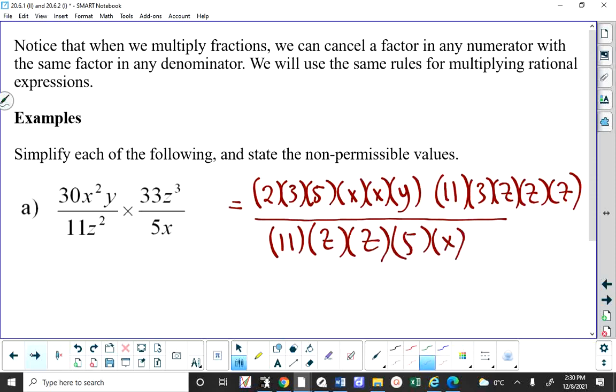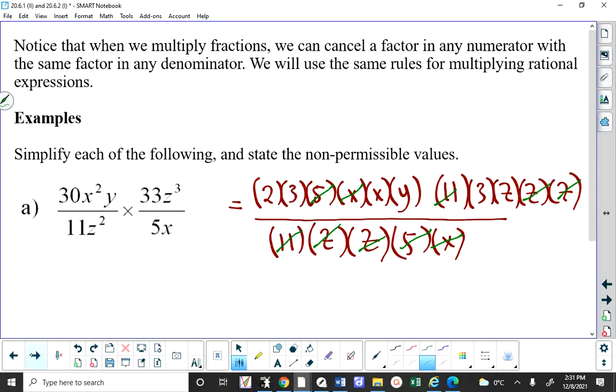And again, I know that you know this, but I'm just pointing out that I'm aware that you know it. This is a long way to do this question. But the 11 cancels with the 11. We have a pair of z's and a pair of z's. We have the number 5. We have an x. Oh, look at that. Everything on the bottom is gone, so I don't even need to check to see if I've missed anything that could cancel further. All I have left is,